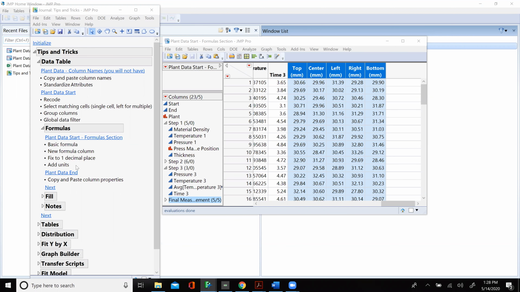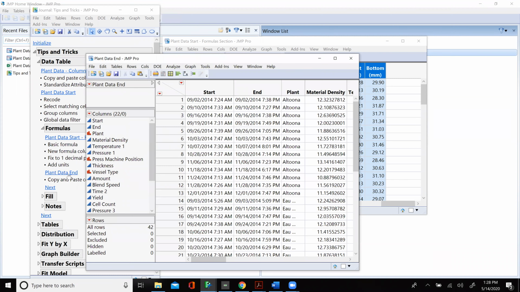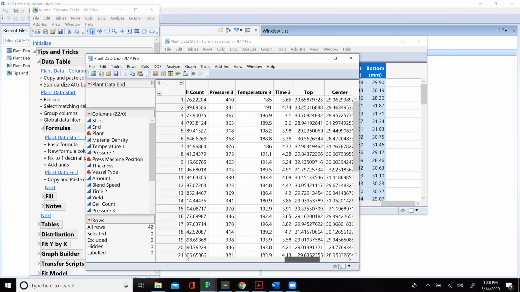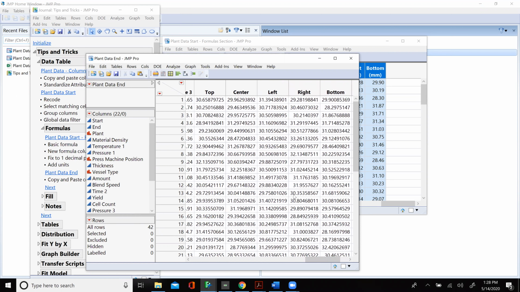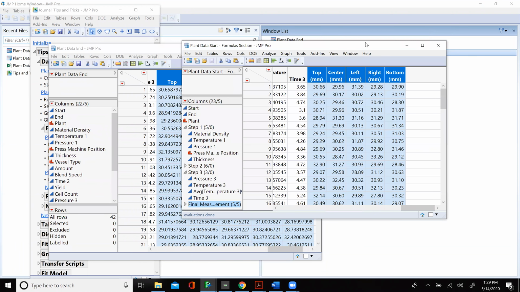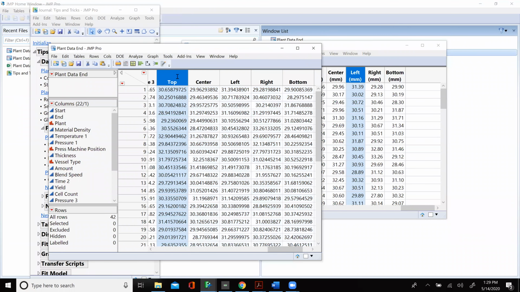Next, I want you to open up plant data end. Now let's just say that you have another data set that looks very similar to the one that you have. This one only has 42 data points in it. And you go, but Heath, I have those final measurements and I know how to change them to decimal places, but say that I wanted to put the units or a formula or any of those things, I want to transfer it from here to here.